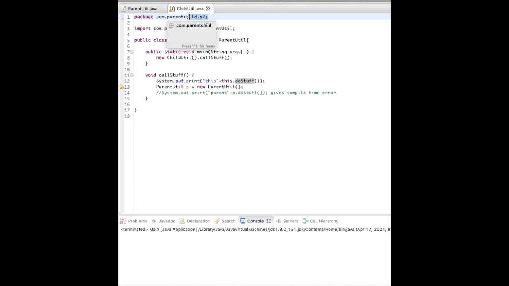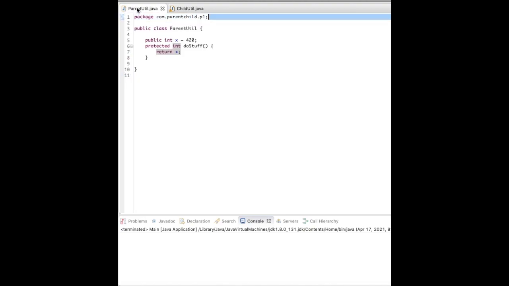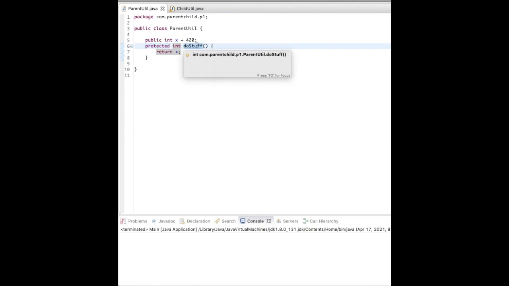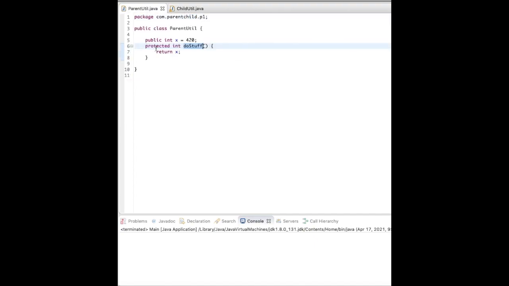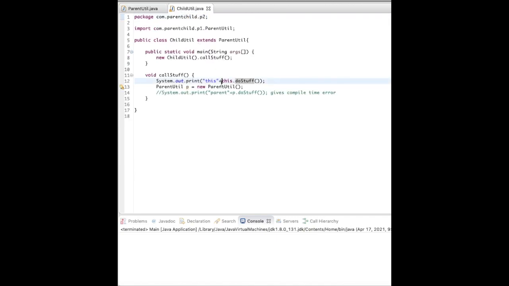So there's one thing to note: the protected access specifier allows the method visibility in the class which has extended it and in the same package. So if there is a class which has extended a parent class, and this parent class has a method or member variable with access specifier protected in a different package, that class can still have the access because it is of type protected.